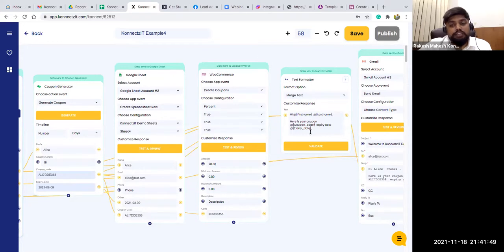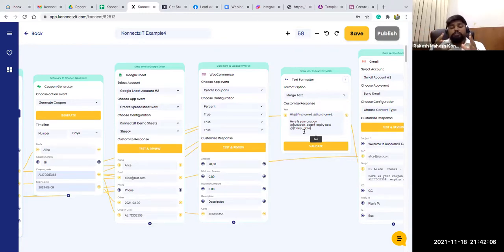Using the text formatter, I format the body response using the customized variables which are being connected. So I'm modifying the data and sending the record to my email. This is one of the use cases.